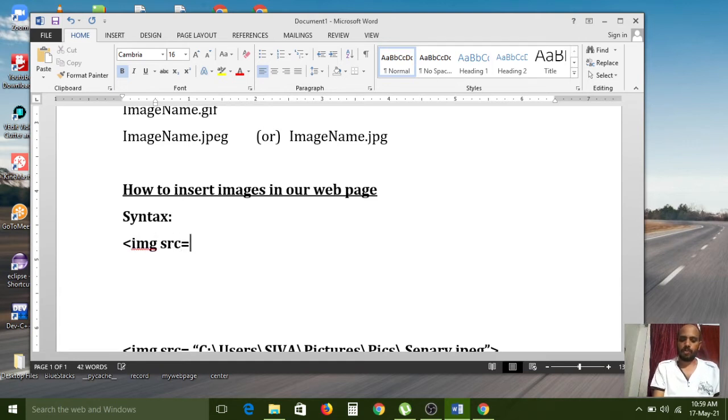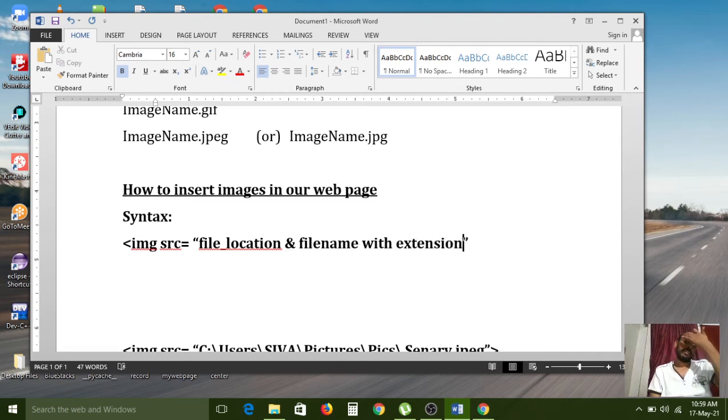In between these two double quotes, file location and file name with extension. Compulsory, we need to give all those things. This information we need to provide, then only it will execute in a proper way.